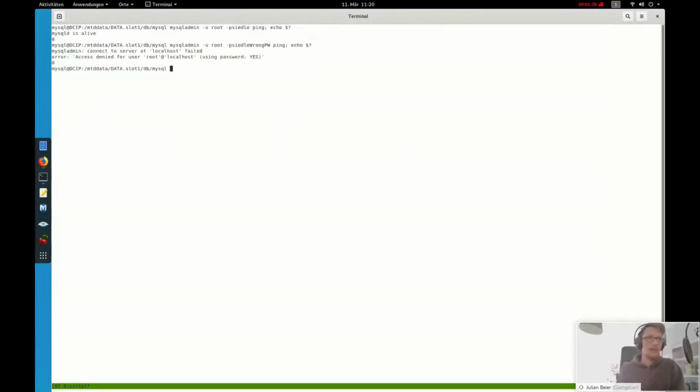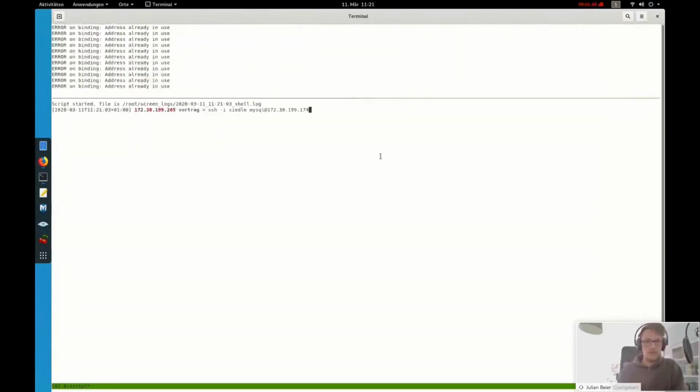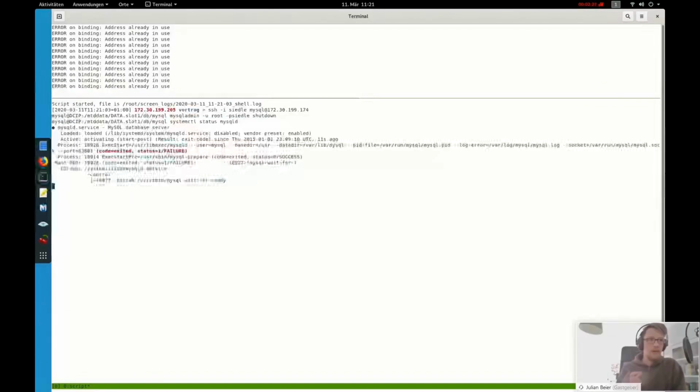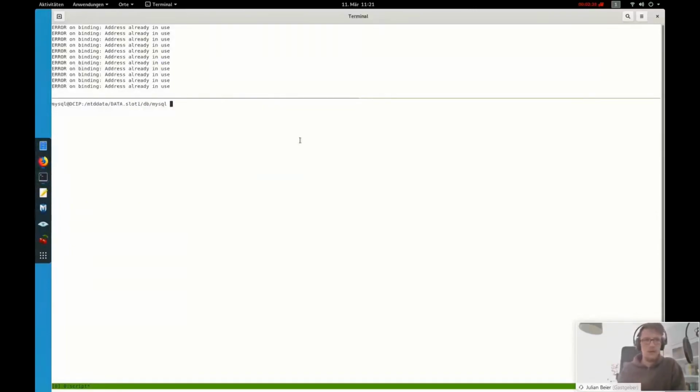Here you can see it doesn't really matter, even with the wrong password, it would still return 0. So we started the program that tries to bind to the port, and then we shut down the server. And with that, our program was faster than the MySQL server, and the MySQL server now isn't really being brought up, and the MySQL admin returns a 1, which is good for us. Now we can start the entire Symlink procedure.